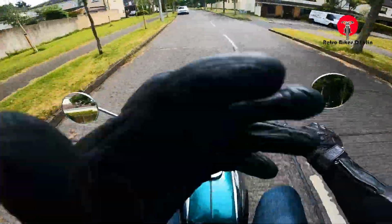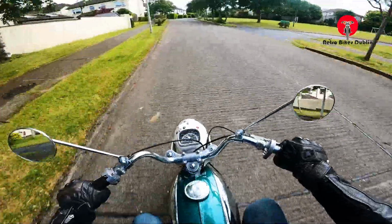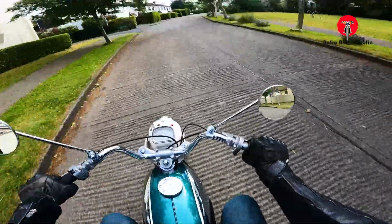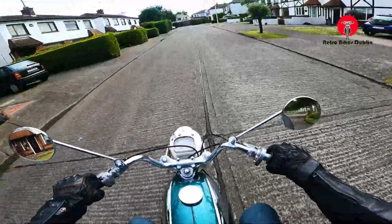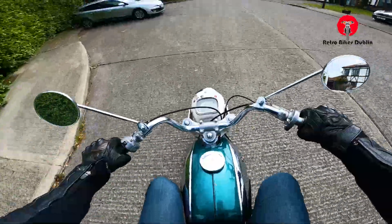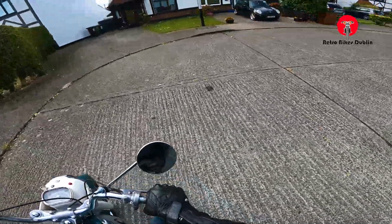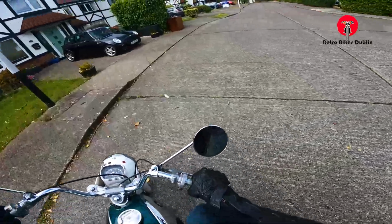Really beautiful as the bike warms up. With a two-stroke, you kind of get that power band where everything comes together. Absolutely stunning bike, and it's just madness to think that in 1966 I can leave this bike